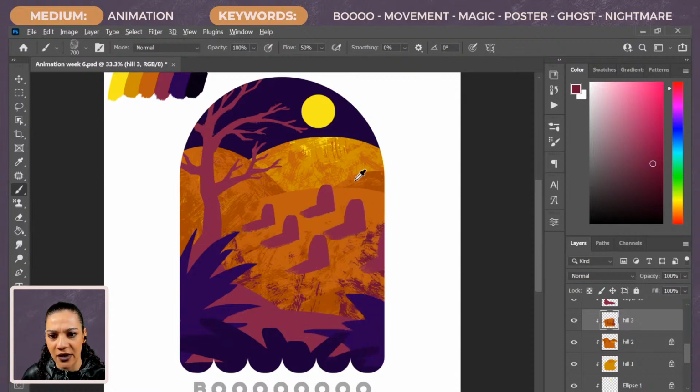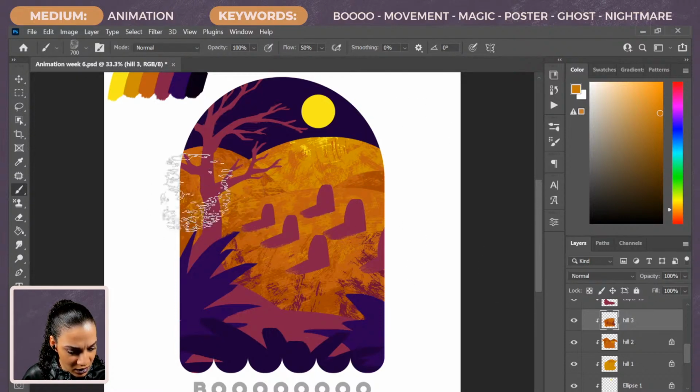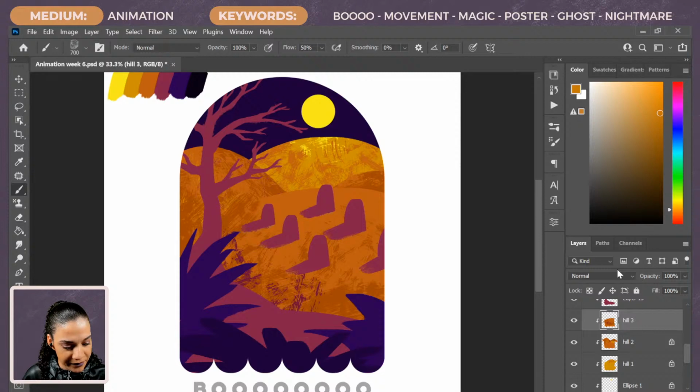Just to start getting this really nice kind of textured vibe going. We'll even add some of this light color. Boom, boom. I wonder how, oh, you know what? I'm adding this, and I didn't lock it. Let me lock it. There we go. Let's lock it. There we go. Now it's not gonna exceed the boundaries.